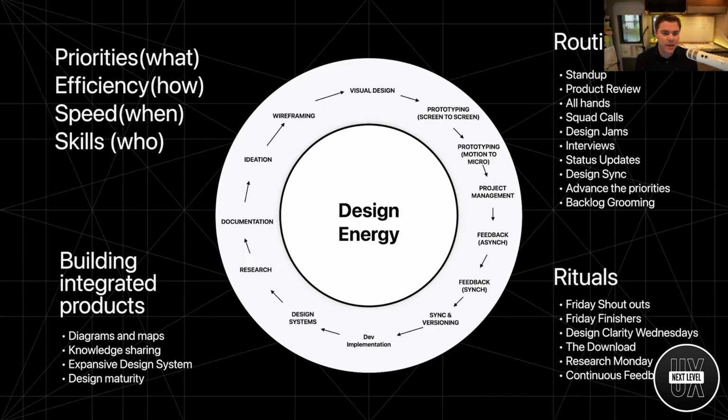The priorities become even more important to be able to communicate and to be able to delegate and to be able to spread out what's happening, what's important, why it needs to get done. The same thing goes with efficiency, right? Just the things that I was talking about. If you know what the priorities are and you know who is responsible for what, then you can be more efficient. If you know who's being more efficient, then you can increase your speed because you know when things need